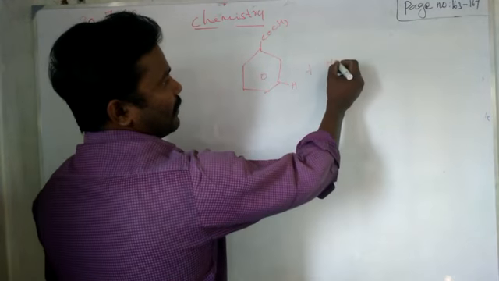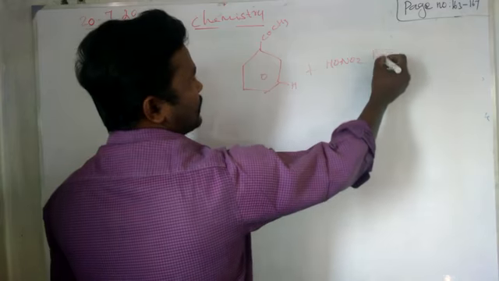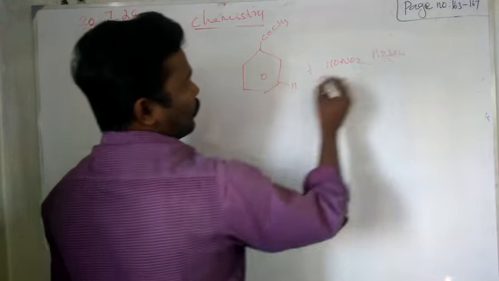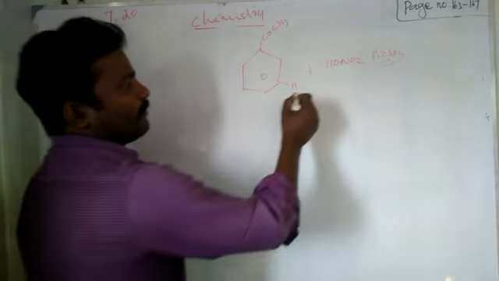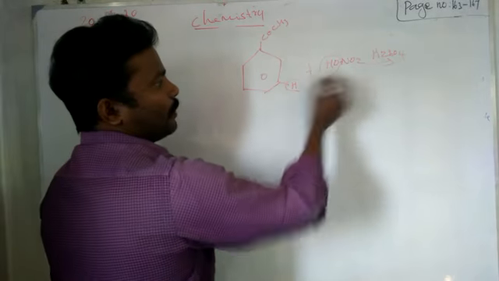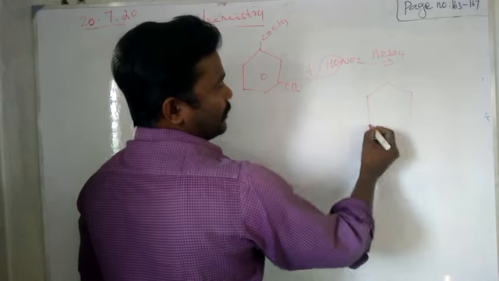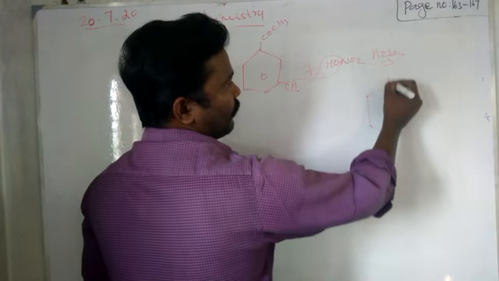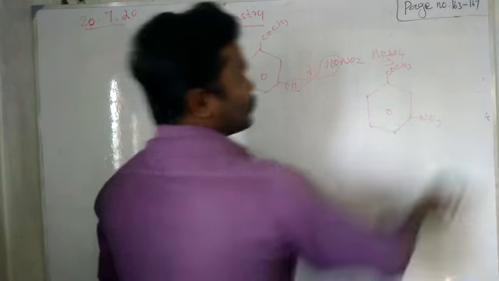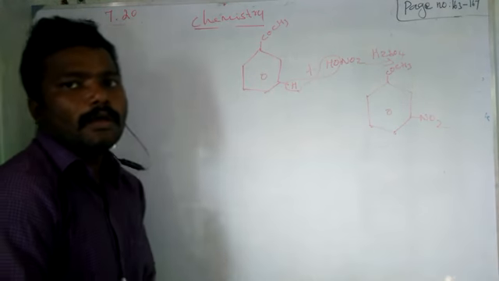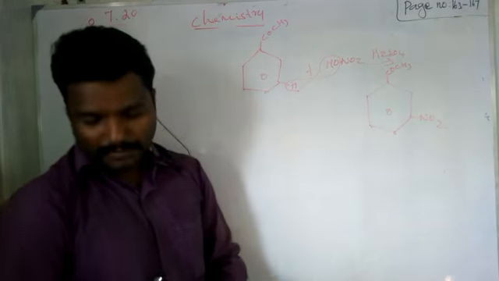Nitration means nitric acid, which we can write as HONO2, in the presence of the catalyst H2SO4. See, we have already seen nitration for benzaldehyde; it is the same type of reaction. So water will go and NO2 you can add. So you will get the product meta-nitro-acetophenone, with the acetyl group and NO2. Meta-nitro-acetophenone is the compound name, right?